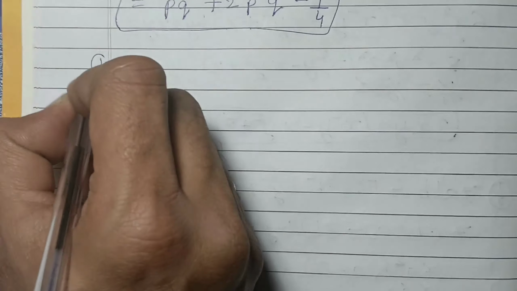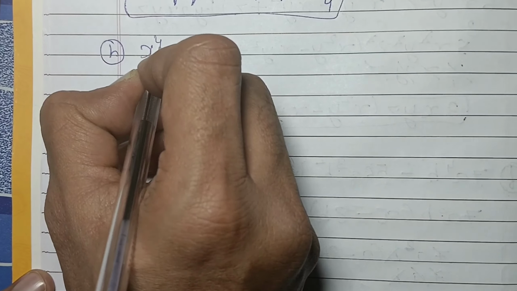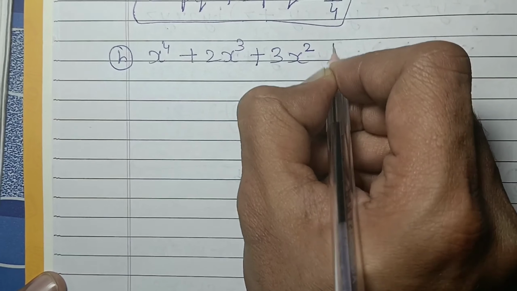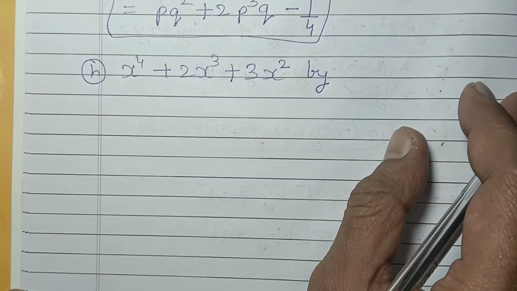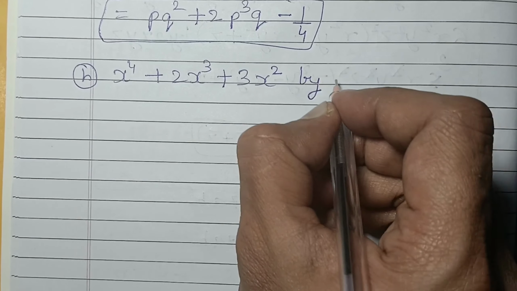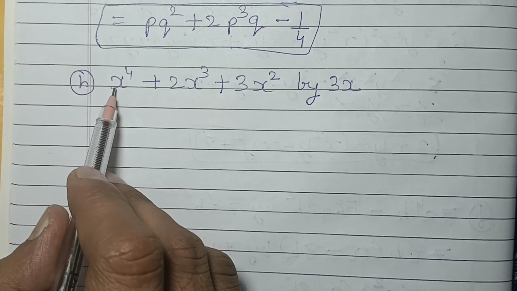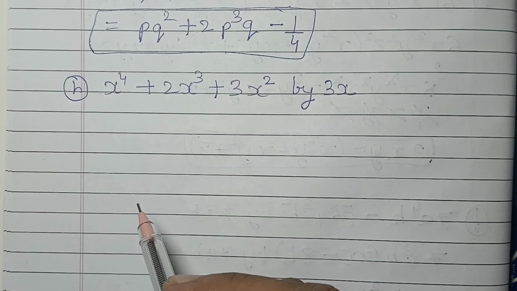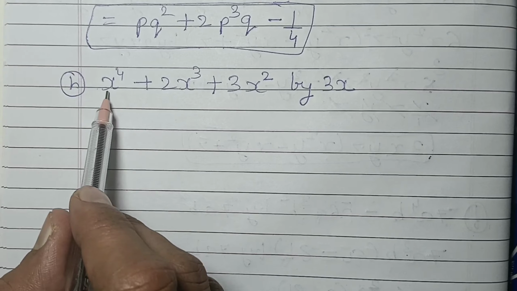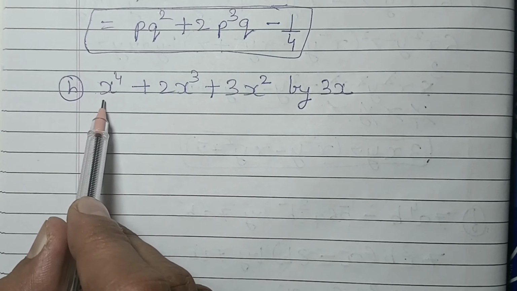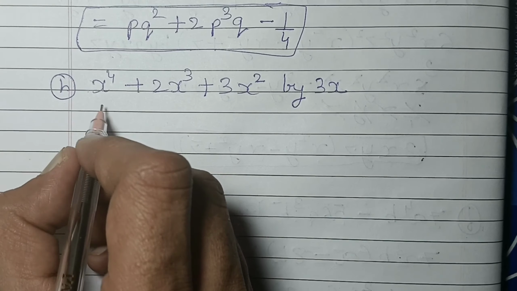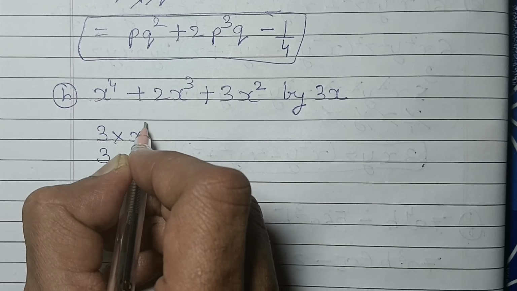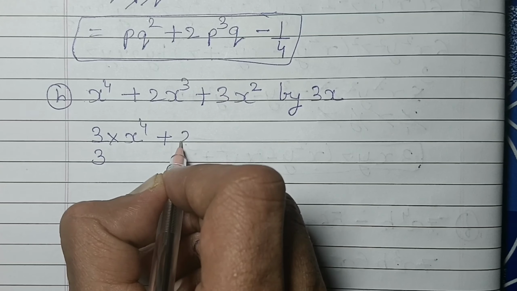Next we'll solve the H question, that is x to the power 4 plus 2x cube plus 3x square, and we have to divide these by 3x. Here we can see that all the terms don't have 3 in common, so here also what we have to do is multiply and divide with 3. So if I multiply the first term and divide it by 3, plus second term also,